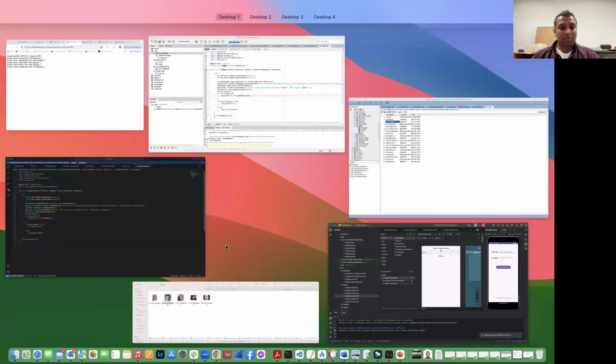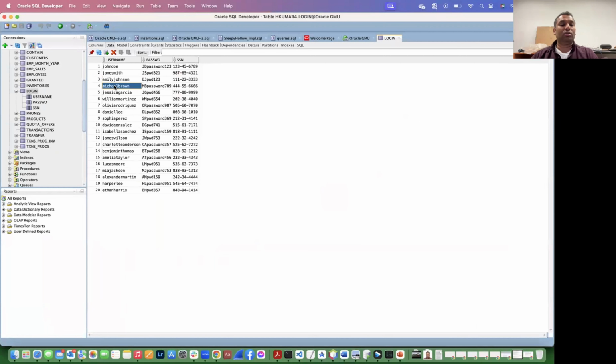Previously we used Emily Johnson. Let's work on Michael Brown. So we will verify that the whole application is working for all of these members. We can go up to 5 because we have 5 images saved. So we can use John Doe, Jen Smith, Emily Johnson that we have already used. Now we can work on Michael Brown, and then we can see Jessica Garcia. So Michael Brown,